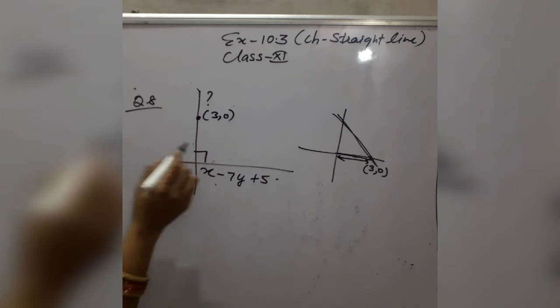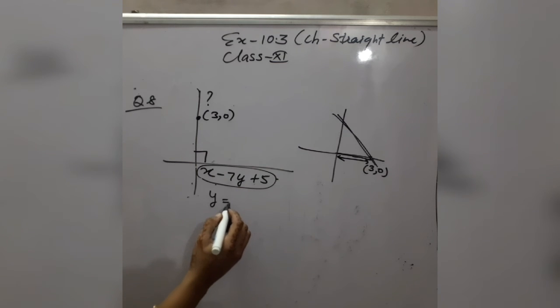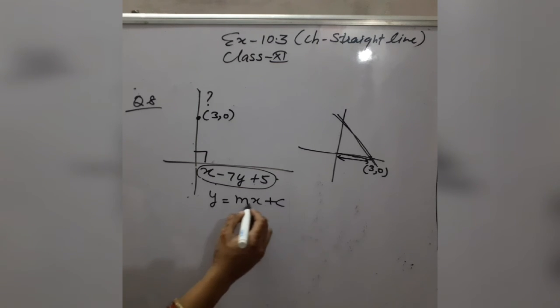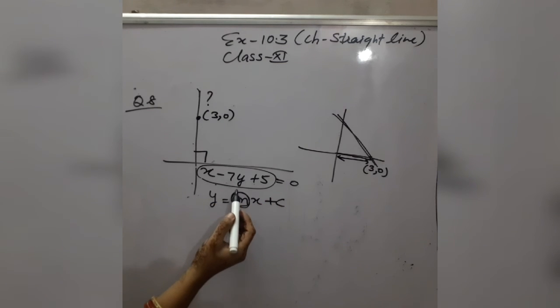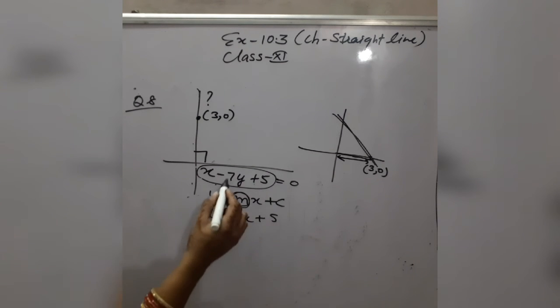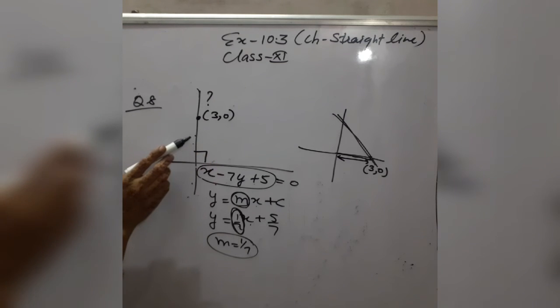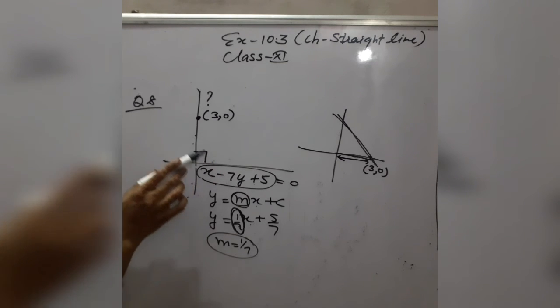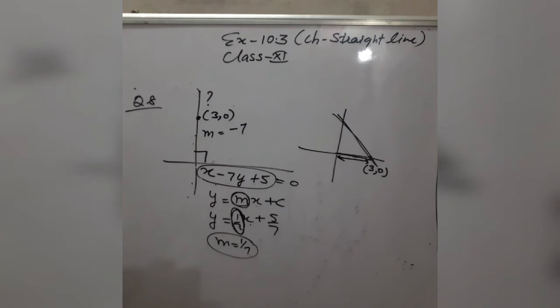Now the second line is perpendicular to this line. Firstly we will find the slope of this line with the help of the slope-intercept form, y = mx + c, where m is the slope of the line. So write down this line in this form. Take the term containing the y variable on one side, y = x/7 + 5/7, so this is the value of slope. The coefficient of x gives you the value of slope, m = 1/7, and this line is perpendicular, that's why the slope of this line will be the negative reciprocal of this slope. So the slope will be the negative reciprocal of 1/7, it will be -7.